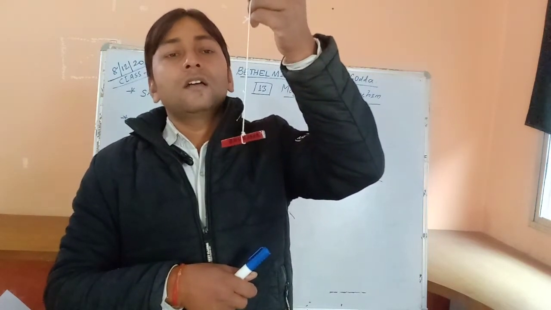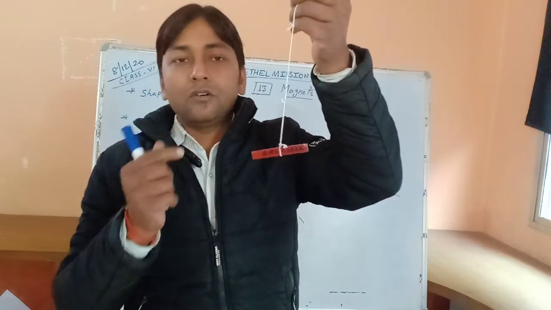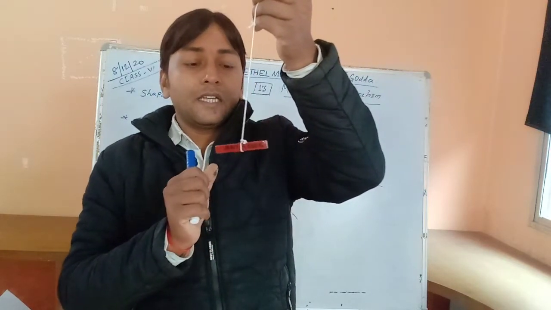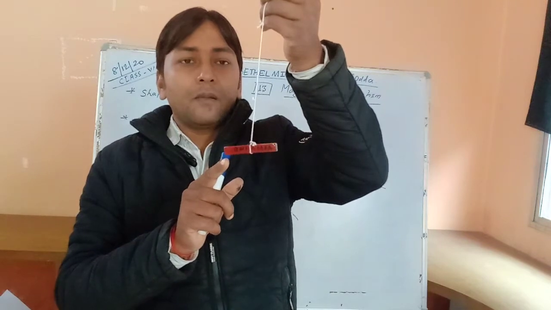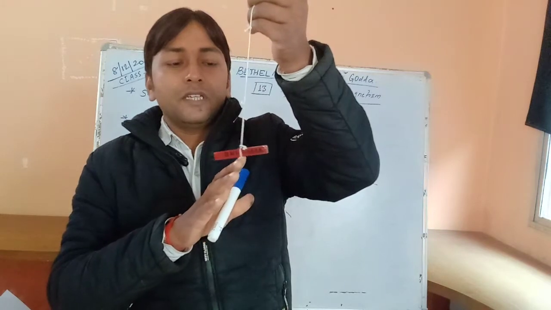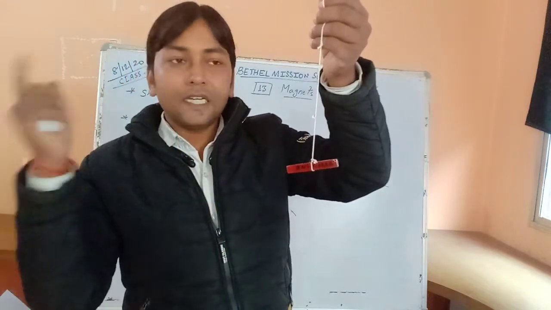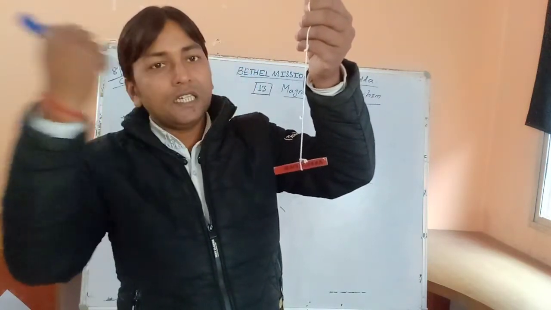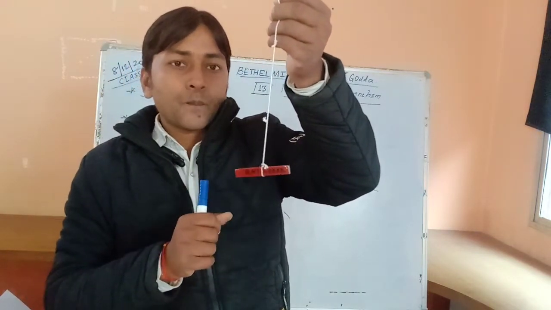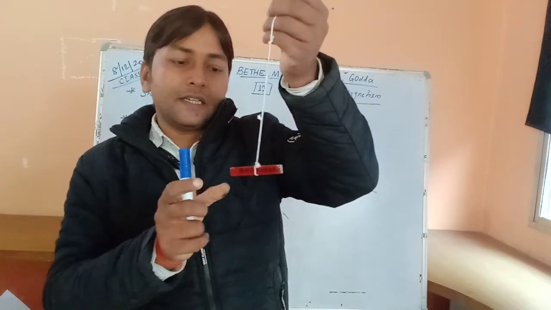If you take an iron rod, it will not suspend in the north and south direction, it may suspend in any direction. But here I have taken one magnet, that is a bar magnet, and suspended it with a string. Now it always stands towards the north and south direction. This is the south direction, this is the north direction. Did you understand?